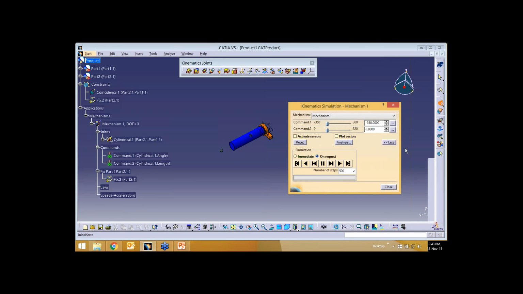I think you need to do that again. Okay, I'll show this once again, because some people are not able to see what I've done exactly.